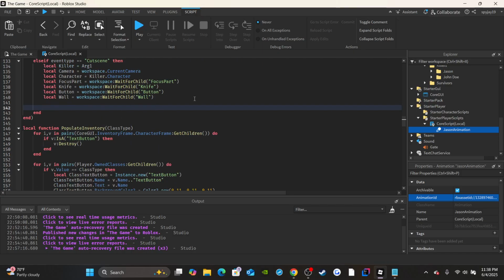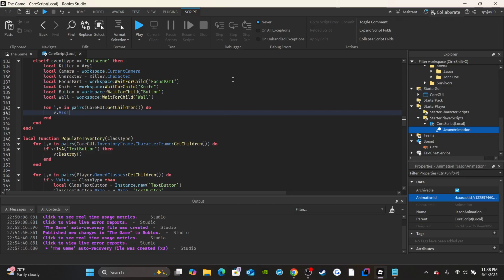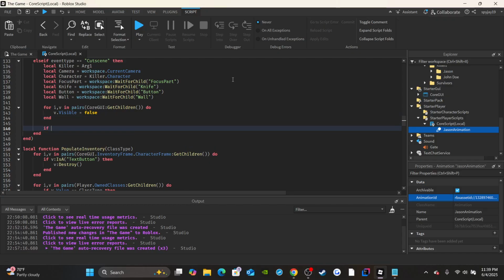Then what we're going to do is, since this is a cutscene, we want all our UI to be disabled. So we're just going to say for i, v in pairs, core GUI, get children, enter, then you'll just say v.visible is equal to false, make everything not visible. Then you'll use an if statement. Here's how we'll be able to tell which cutscene to play. We'll say if killer dot class dot value is equal to, in quotation marks, you're going to put Jason here,